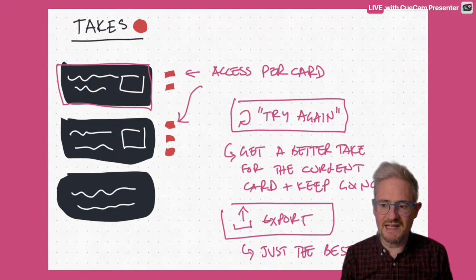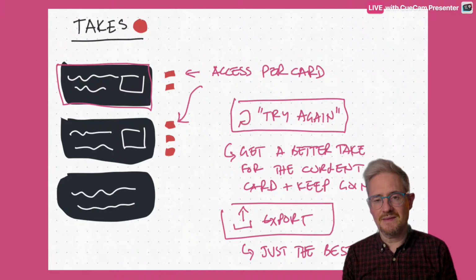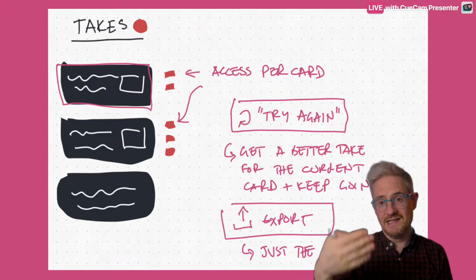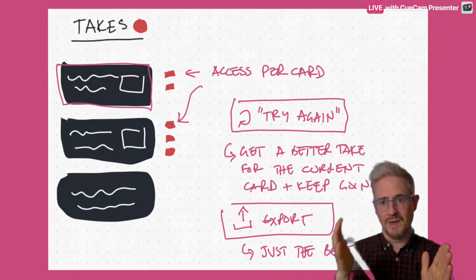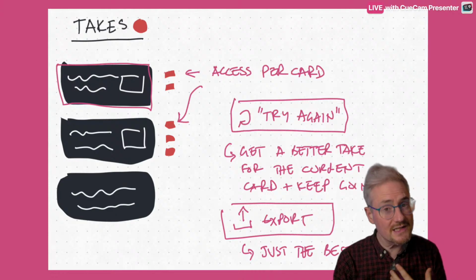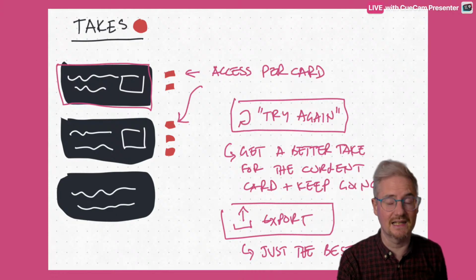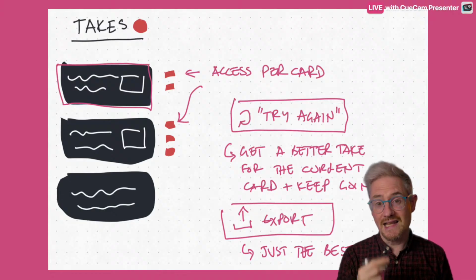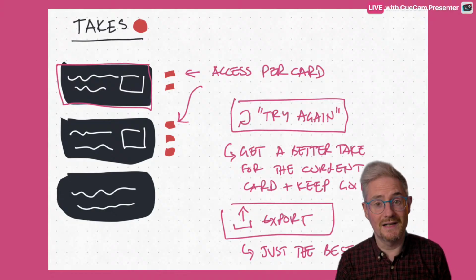So this is something I've been thinking about wanting to do, but even if it wasn't manual adjustments, it could just be, oh, I messed up that card. I just press try again, and it cuts to the start of where that card was that you just started, and continues recording from there. So you can build up a good take just by pressing, oh, I'm going to try that again. Oh, I'm going to try that again. And then once you're going, I think that would be a really great way of recording with CueCam